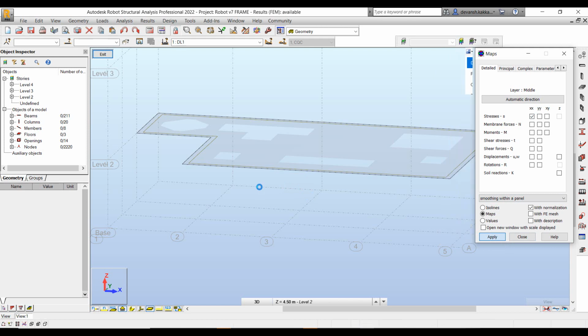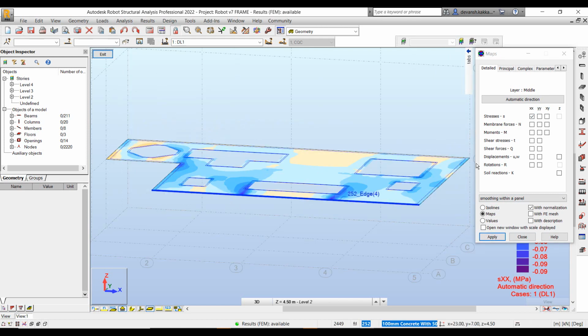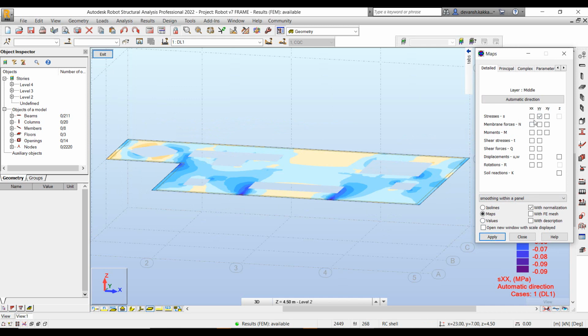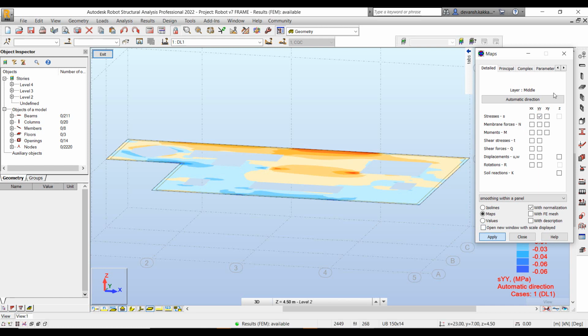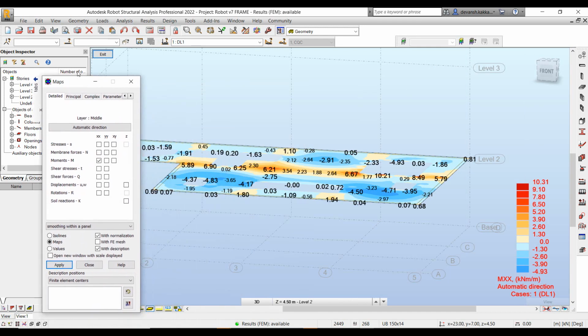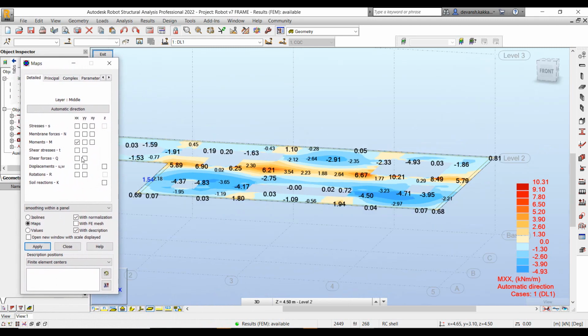Here you can see a quick contour map illustrating the stresses both along the x-axis or the y-axis. You can turn on and turn off the visibility, and it also gives you a quick contour legend giving you the values for the maps. We can also turn on the exact value if I want. You have different methods to quickly identify the results. We can change between results, so whether we want to see the stresses or the moments. As soon as we specify moments, you'll see it also illustrates the value of the moment at different portions or at different locations within the slab.